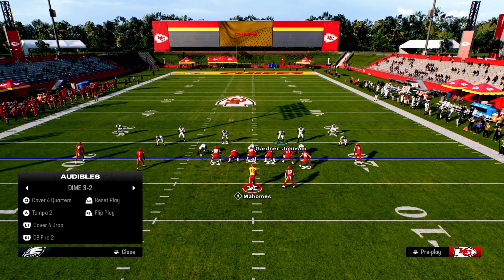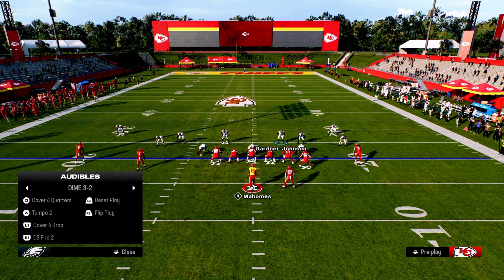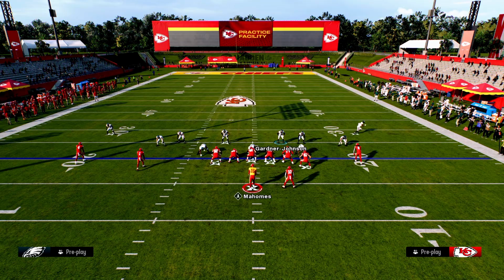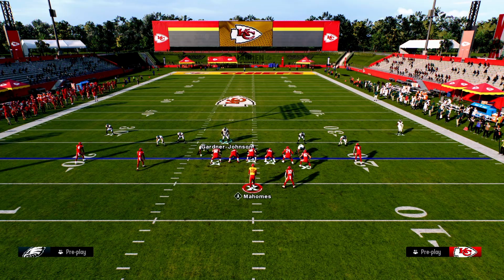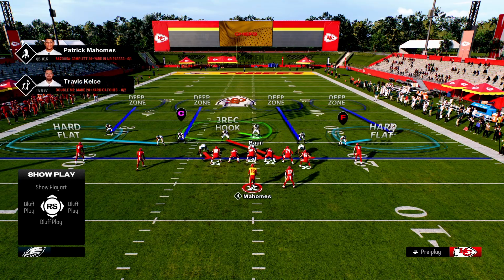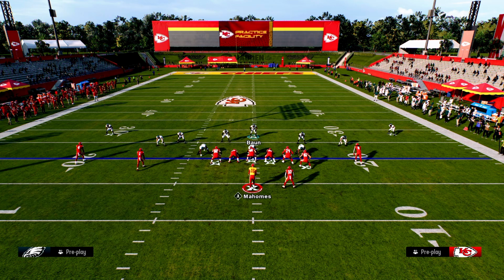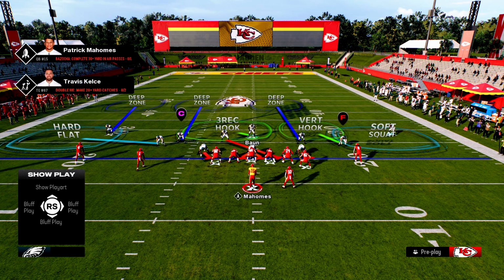That's an easy deep KO, right? Another thing you could do, again, situationally, you want to be a little safer against a trips tight end set. Call cover 4 quarters, move this guy over, flip the play. You see how it keeps your shaded down hard flats. And then now we can go back to more of a traditional trips defensive look, which would basically be something